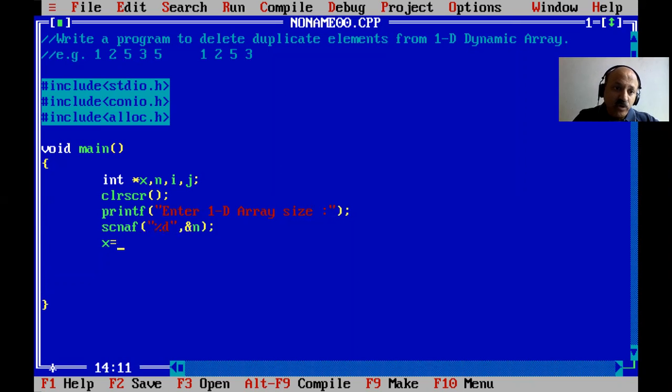And now we allocate the memory, so malloc function and n multiply size of integer, because that is an integer array. But the malloc function's return data type is a void pointer. So here we type cast, so malloc and calloc, here is an integer array, so we type cast to integer.